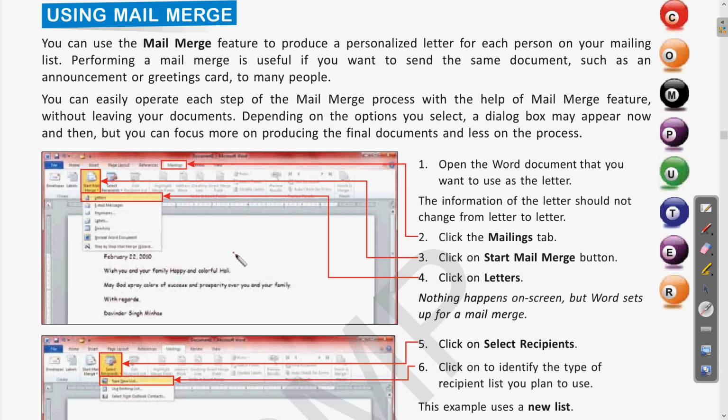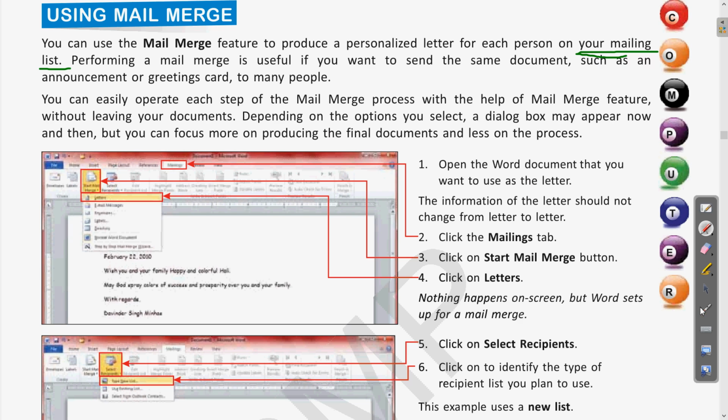Personalizing means it will write the name of the person from the mailing list, and whatever information is related to that person. So automatically, a single document can be sent as an invitation to all of the persons who are in your mailing list. Clear? So it is required that all the email addresses and their details should be in the mailing list of your Word document. Clear? So let us see the steps.